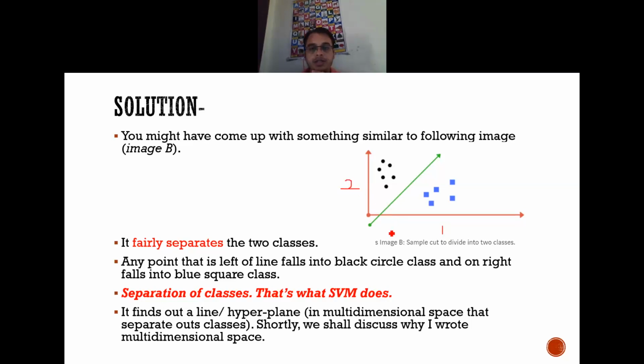Assume that this is the height and this is the width. So if I have a specific x value of height and y value of width, then this will be the first point. If I have another x value of height and y value of width, this will be a second point, and so on. So according to the features, plot all these points together and find the particular hyperplane line which will give me an idea about the separation between the two classes. This is nothing but a support vector machine.